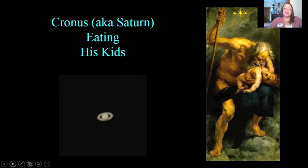So the Titans came before the gods, and Saturn was actually Jupiter's father. Saturn did a pretty good job of ruling the Titans and ruling Earth until he heard a prophecy that one of his children would overthrow him. And when he heard that, he went a little nuts. And so every time his wife, Rhea, would give birth, he would eat the baby, which Rhea did not really like. And this happened about 7 times before Rhea decided that she was fed up with this